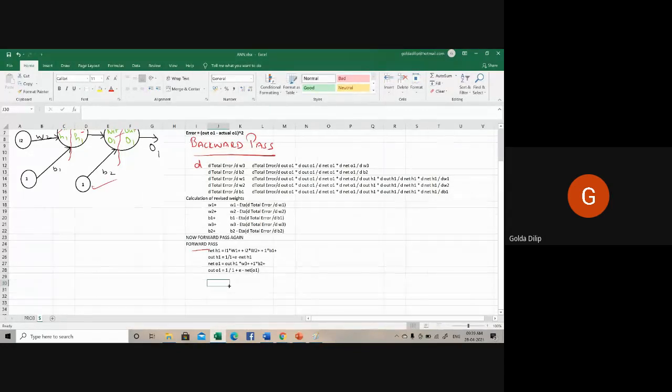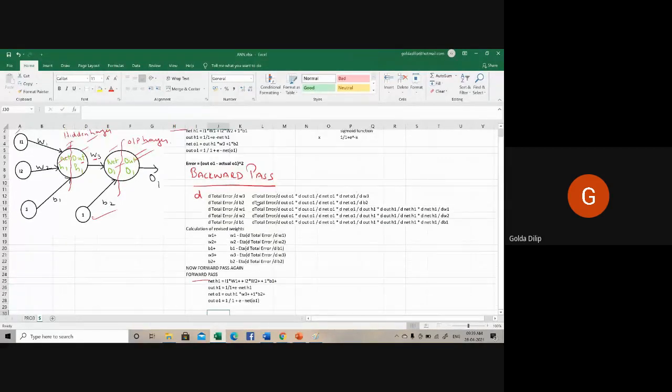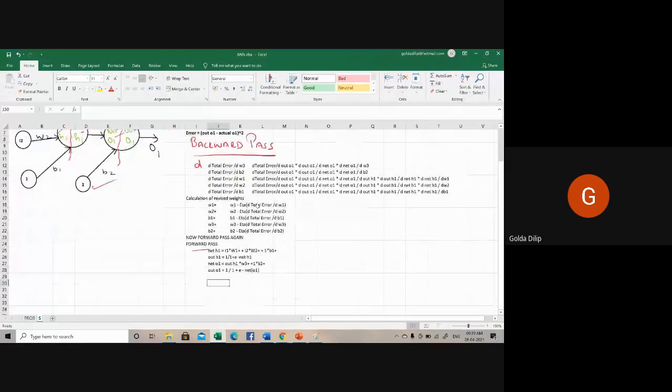Now after this, you need to compute the error again, the MSE, your mean square error. When you compute the error, it will be lesser than the previous iteration. You continue in the same manner and keep reducing the error. When it's asked in the examination, you are expected to do one pass, revise the weights, and then do one or two iterations, reduce the error and show. That's what I wanted to show you with respect to backward propagation.